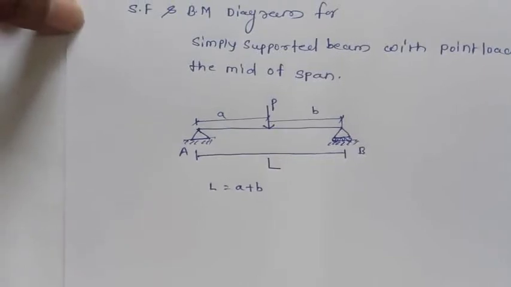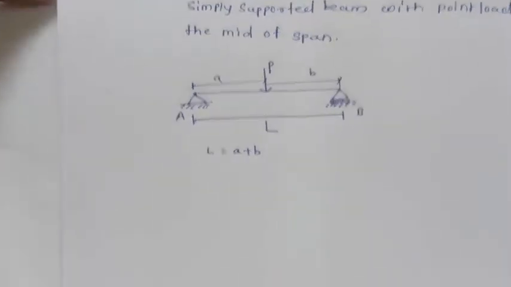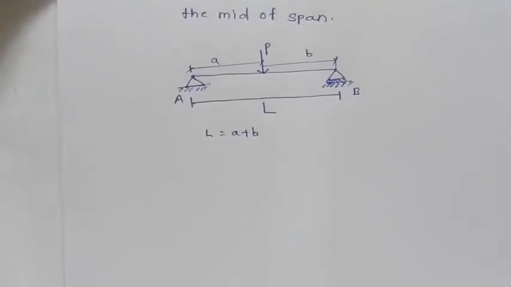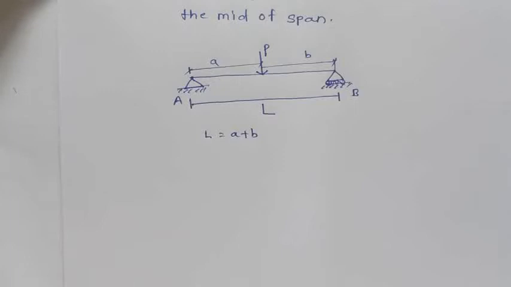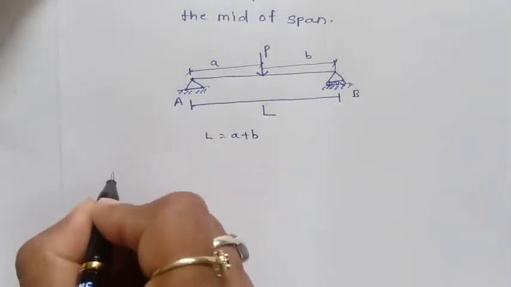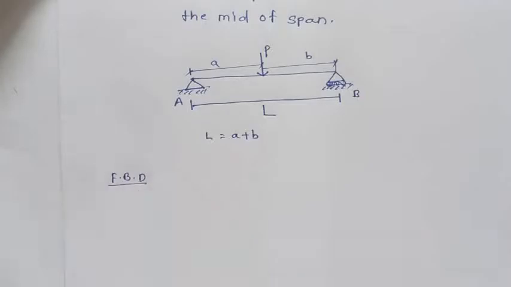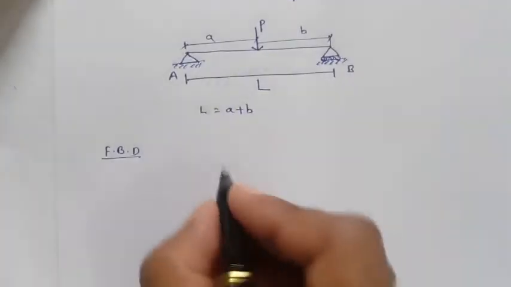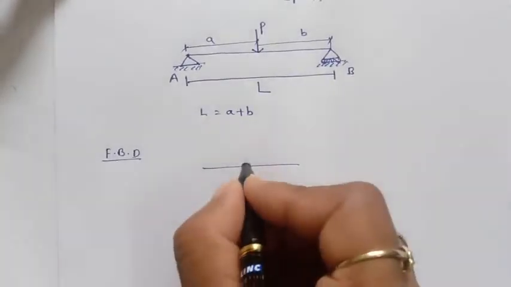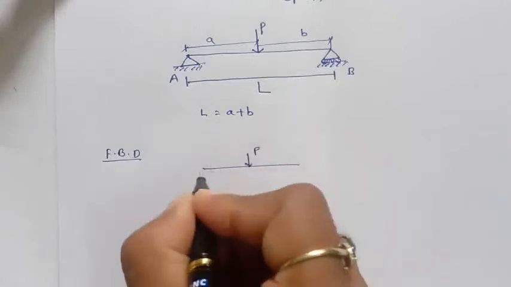Now to solve this problem, in the earlier lecture we have already discussed the rules and important points on how to draw the shear force diagram and bending moment diagram when a point load is acting on the beam. So the first step is to draw the free body diagram for this simply supported beam. This is the load P here,